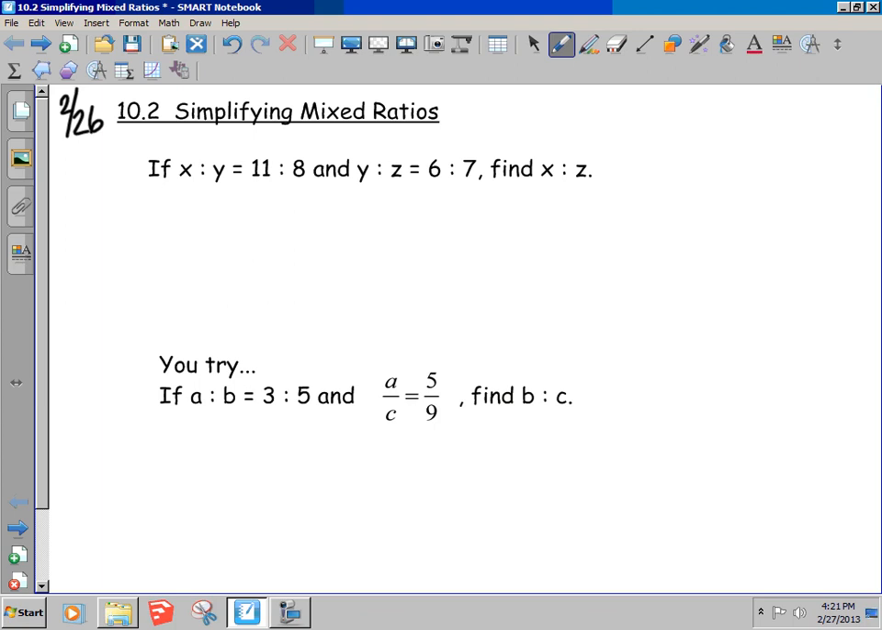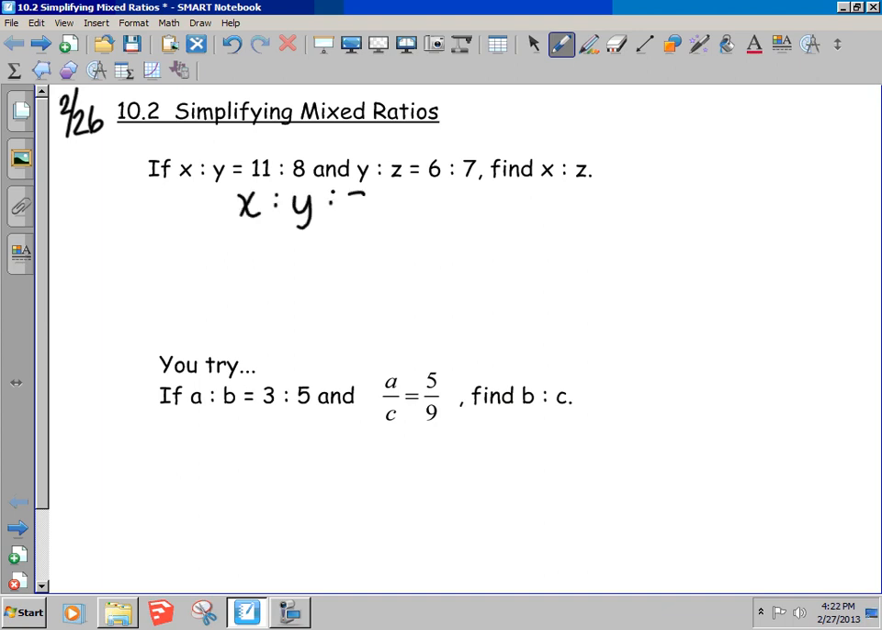This is a lesson about simplifying mixed ratios. A mixed ratio is what I'm showing here in this first example. If x is to y is 11 to 8, and y to z is 6 to 7, then find x to z. Well, we have two comparisons, and y is appearing in both, but basically the three things involved are